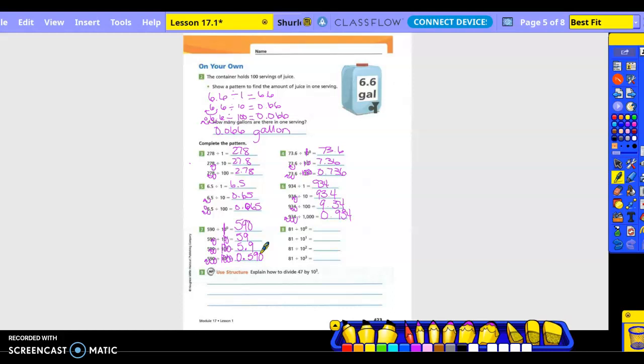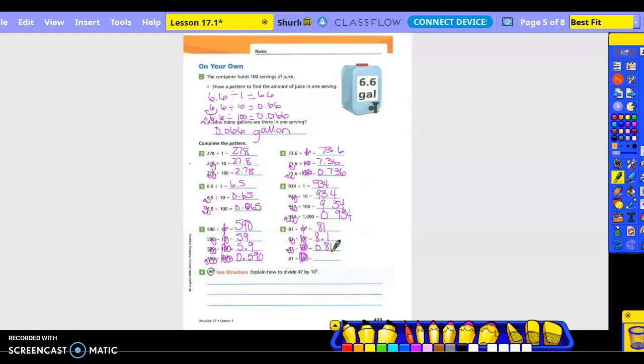10 to the 0 power is what? Is 1. 10 to the first power is 10. 10 to the second power is 100. And 10 to the third power is 1,000. So 81 divided by 1 is 81. 81 divided by 10, am I going to the left or to the right? To the left. I put my decimal at the end and go one place to the left. So my answer is what? 8 and 1/10. Okay. Divided by 100, left to right? Left. How many places? 1, 2. So my answer is